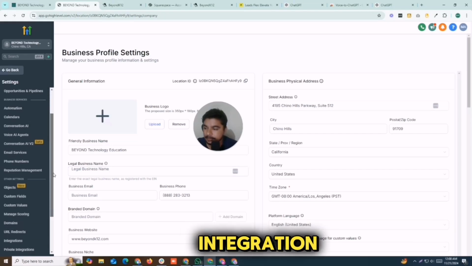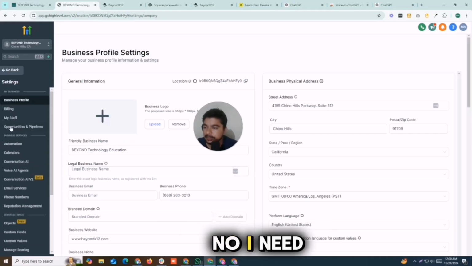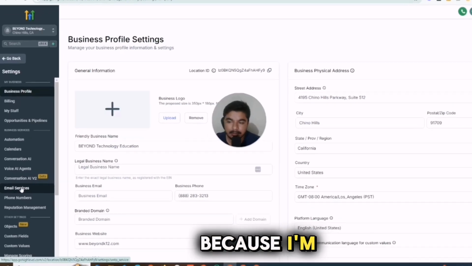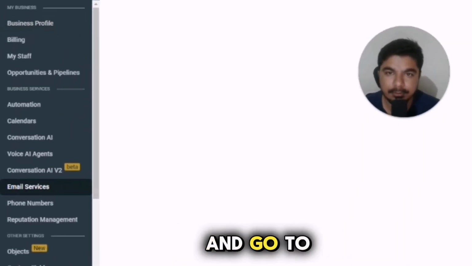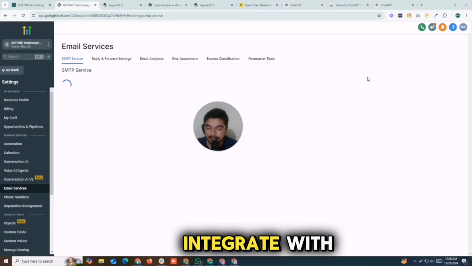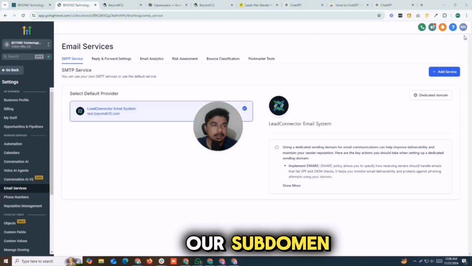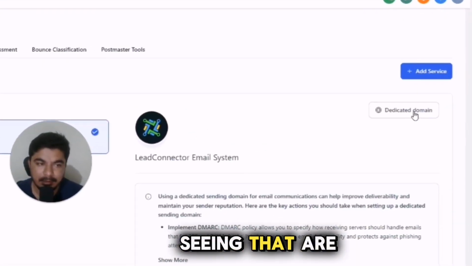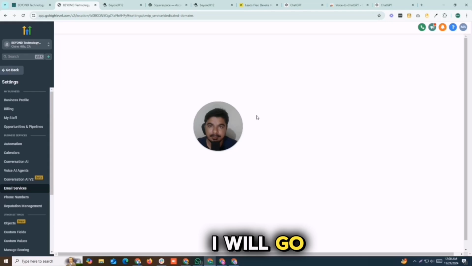Let me find integrate. No, I need to go with the email services because I'm linking the domain for email services. I will go to email services here, and here I need to integrate our subdomain. Here you can see they are saying dedicated domain. Here I will go here,